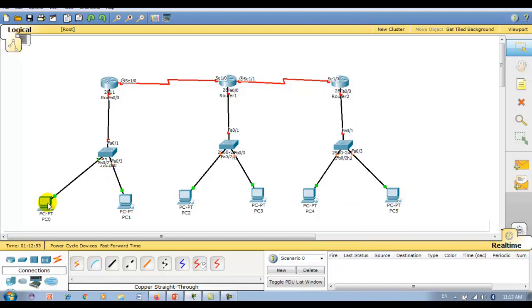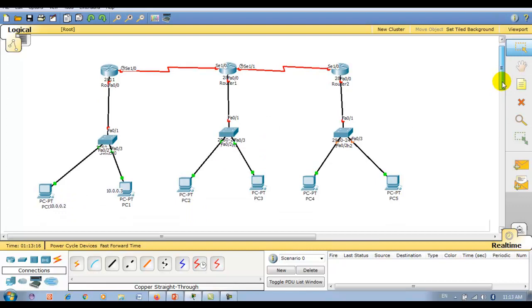Let me give the first IP address to this. I assume this is the 10 network, so here I will give the IP address 10.0.0.2, here 10.0.0.3. So this is 20 and this is 30.